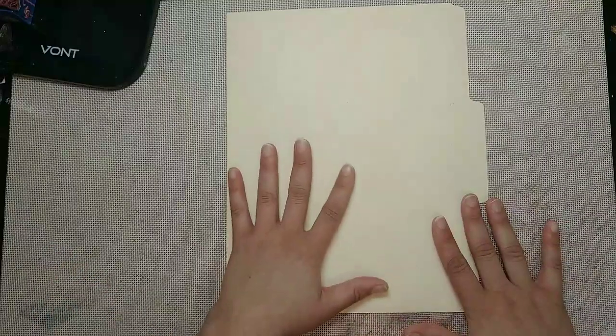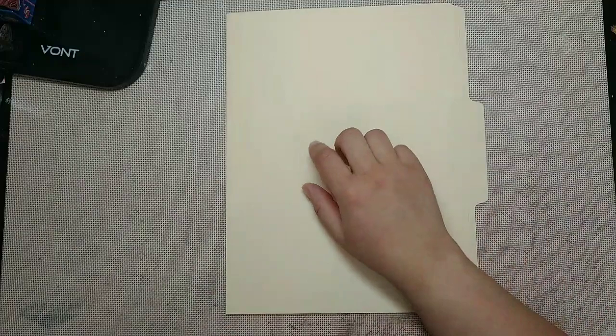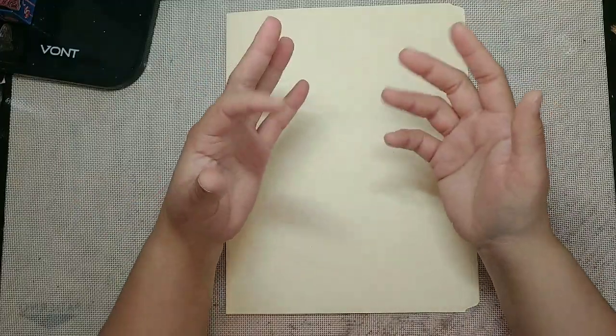So for this, you will need a file folder. This is just a standard size manila file folder, and you'll need either a ruler and a stylus to make your own score marks, or a scoring board. I happen to have a scoring board, so I don't need to get the ruler and stylus out. You'll also need something to cut with, so scissors or a cutting board, or